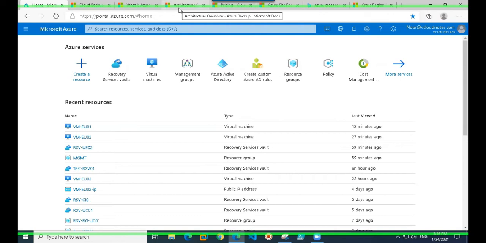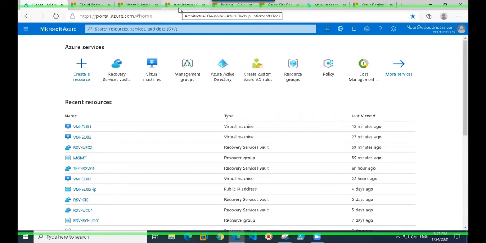Basically, if I would summarize it, to configure a backup, you need to have a recovery services vault. Second thing, that recovery services vault must be in the same region. It can't be in any other region to configure backup of any machine. It should be in the same region where your virtual machine is.